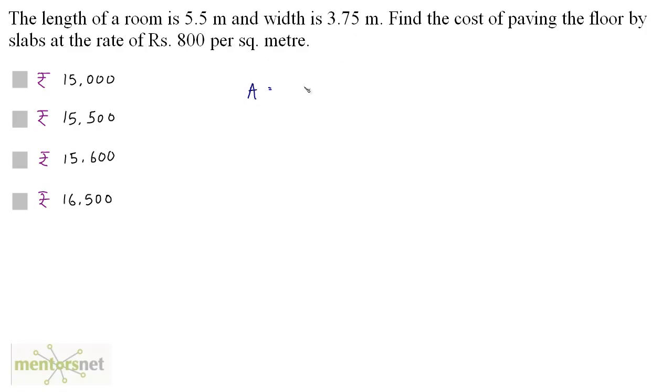So area is equal to 5.5, that's the length, times 3.75, that's the breadth. And if solved, that will give you 20.625 meters square. Okay, so we know the area. We have been given the cost of paving the floor at the rate of 800 rupees per square meter. So the cost of paving the complete room will be equal to